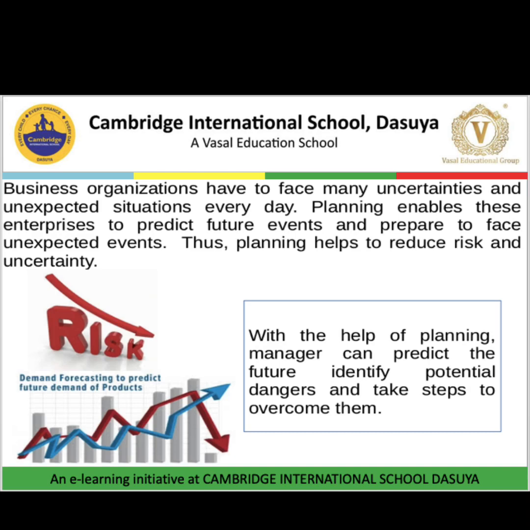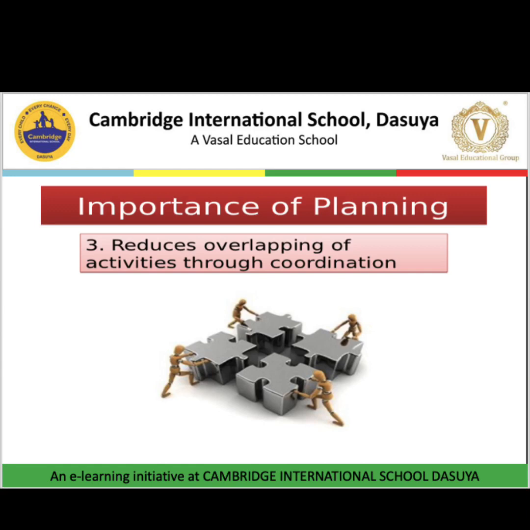And business organizations have to face many uncertainties and unexpected situations every day. And planning helps them, or enables these enterprises, to predict future events in advance, to predict what will happen in the future and prepare a proper and good action plan to face unexpected events. Thus, planning helps to reduce the risk and uncertainty. With the help of planning, a manager can predict the future, identify the potential danger and take steps to overcome them. Now, the next point of importance of planning is